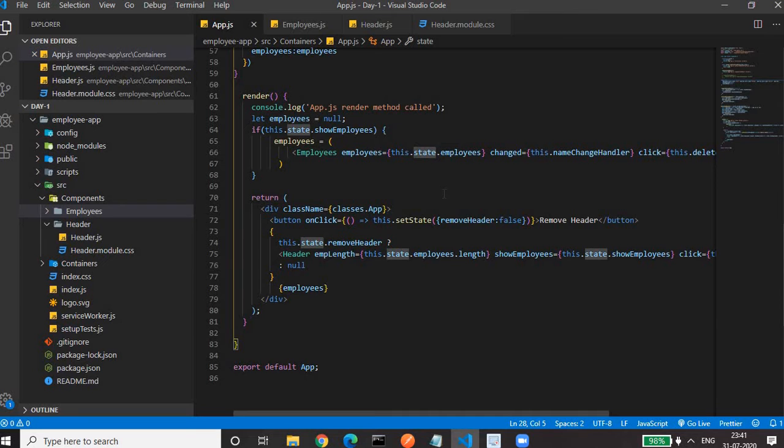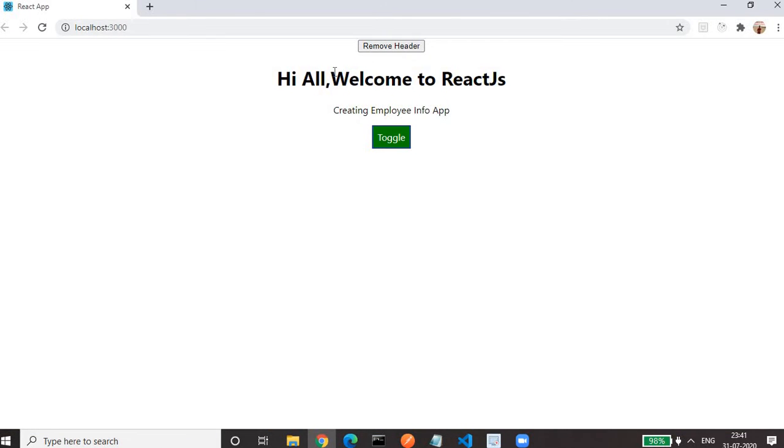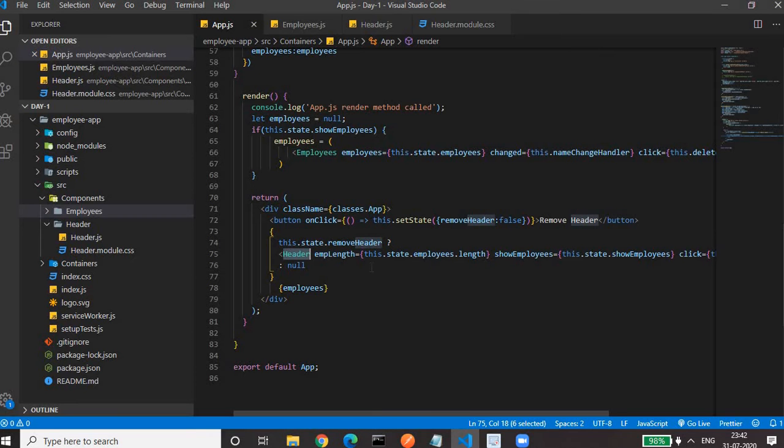If you compare with the day 4 videos, there is a change here. I have removed that array iteration to create the employee component. Instead of that, I am using the employees tag directly here. Then the code regarding the header content, like this button, this paragraph, this header, all this kind of stuff, I moved to a header component. That's why in the render method we have less code.